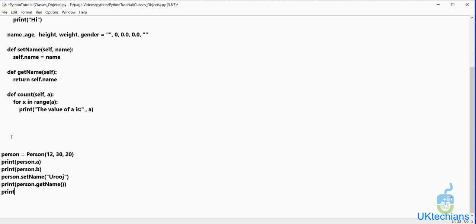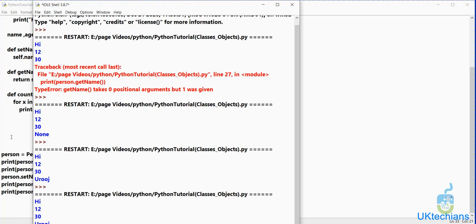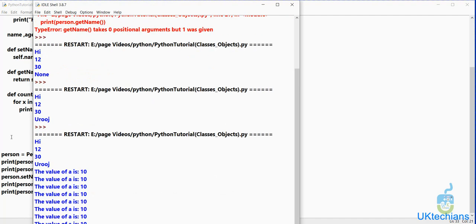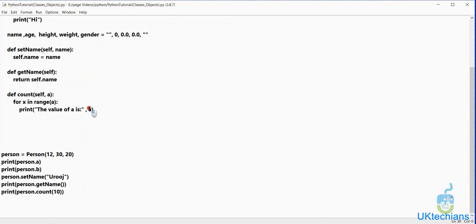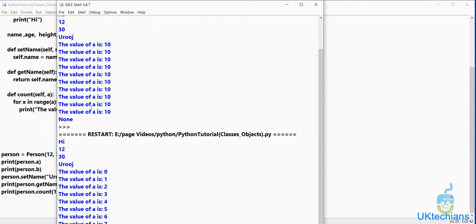And then run it by calling the print method, right? So we are using here the person class, person object, and using the count method, and we want to define the param a value which is 10. So let's run it and it prints. So let me see, I mistakenly typed a, I want to return x here, so let's run it again and let's see.